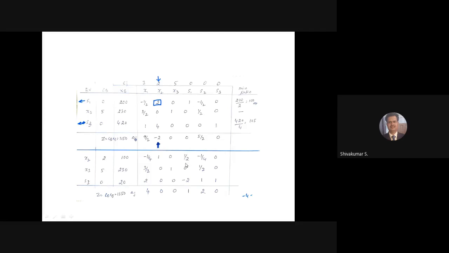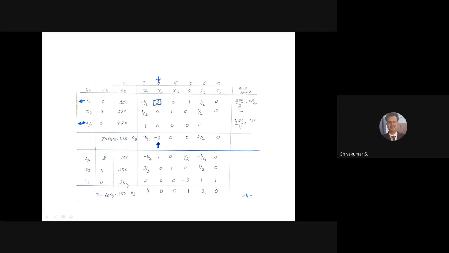Now multiply this by minus 4. So minus 4 by 2, how much becomes? Minus 2. So minus 2 plus 0 becomes minus 2 only. Multiply this by minus 4. So minus 4 becomes minus 2. So it becomes minus 2 plus 0, 0. Here minus 1 by 4 into minus 4 becomes plus 1. The minus into minus 4, minus 1 gets cancelled, 4 gets cancelled, so plus 1, plus 0, 1. So minus 4 into 0, 0, so 1, 0, 1 as it is.